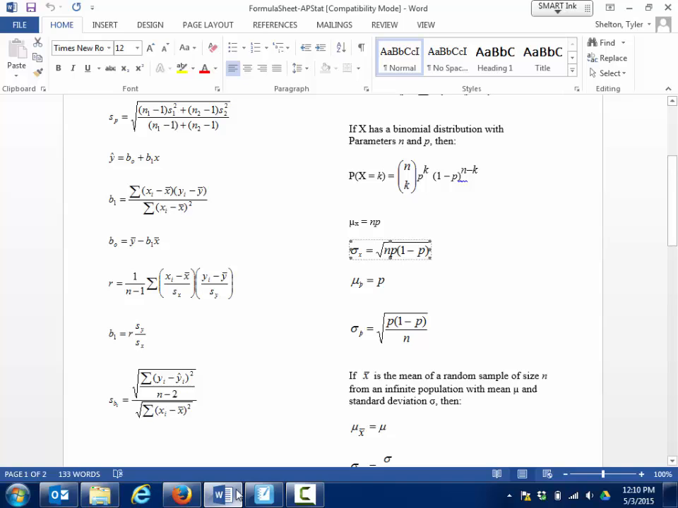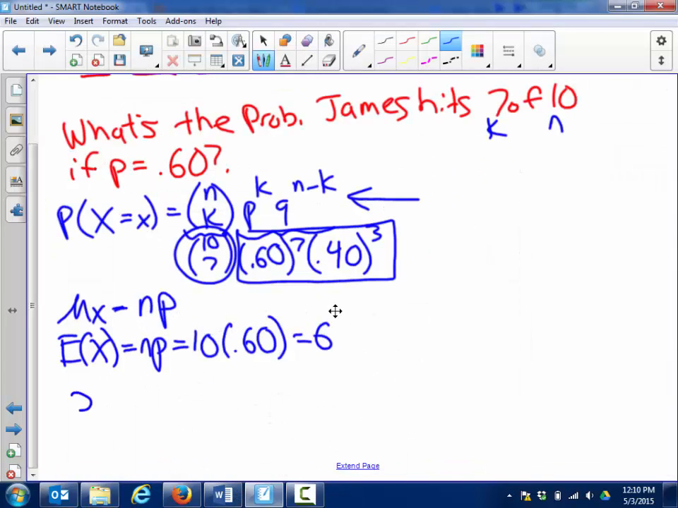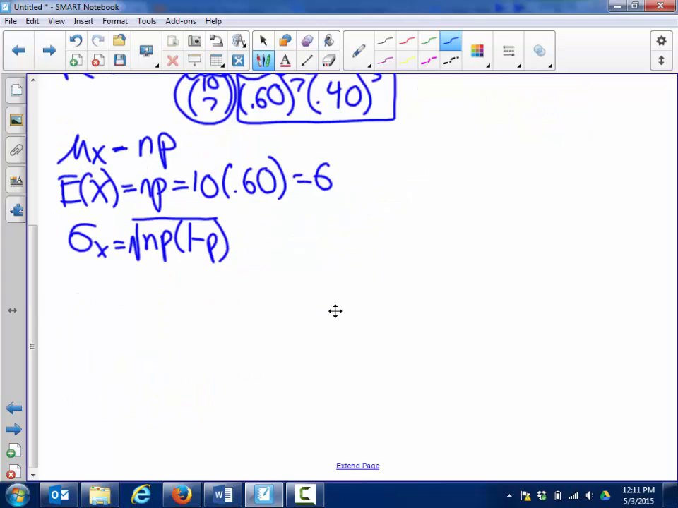Okay? And then directly below that, they give you another equation, which looks like sigma sub x, sigma we know is standard deviation, equals the square root of, they put np times 1 minus p. Well, remember, 1 minus p, that's just saying the complement of p. What's the complement of p? Well, q is the complement of p. So this is the same thing as the standard deviation of your binomial random variable equaling the square root of npq,